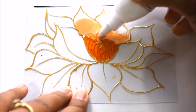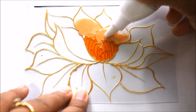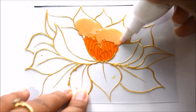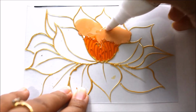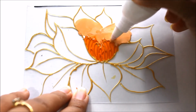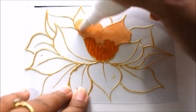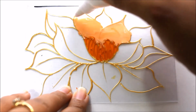Solvent based colors are much more difficult for mixing as compared to the water based color. So for the shading part, my advice is always to use water based colors. It gives you easy shading and it gives a better look than a solvent based color, and provides you the transparency and also the beauty. It gets mixed easily, so that's much more convenient than this solvent based. But for this particular flower I'm showing you,